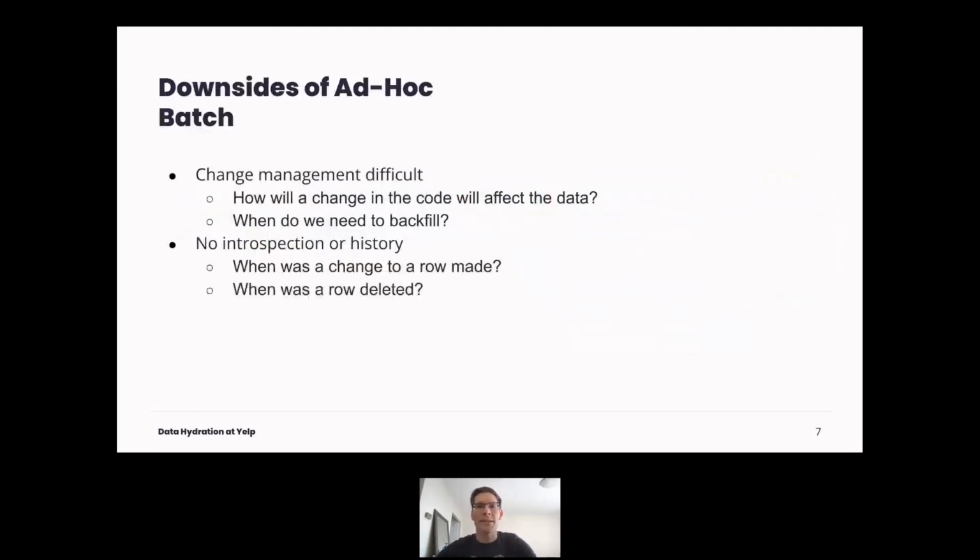So essentially, we built this up as an ad hoc system that was not integrated with much else inside the Yelp ecosystem. And some of the features that we really wished it would have, and some of these questions that we wished would be easier, simply weren't possible. So with respect to change management,